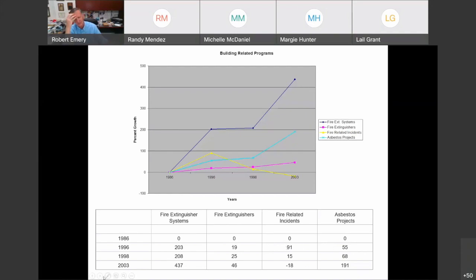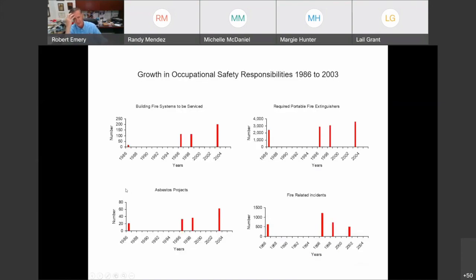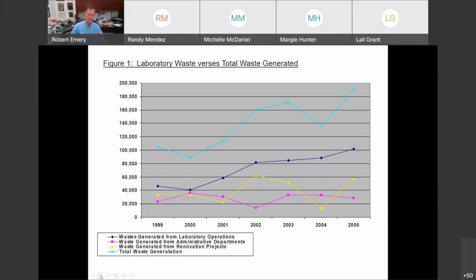So the best thing we could try to do with this is a technique called small multiples. And I'm going to show you a failed attempt at trying to fix this, but then I'll show you a successful one in a second. So we tried to break it out into these different types of activities, so here was building fire systems, but we're missing all this data in between. We could put some lines in there to maybe enhance it, but there's still too much data missing. This one's problematic.